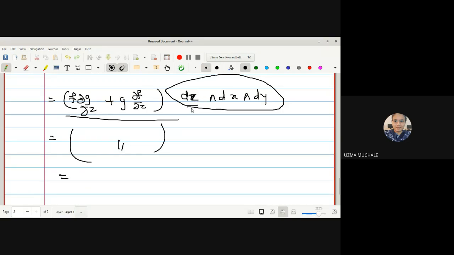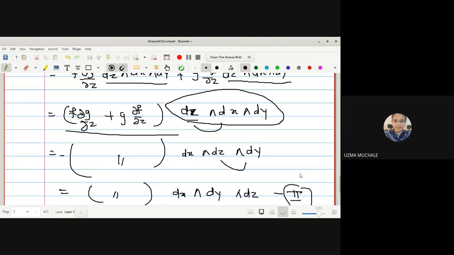So if I interchange the position of these two, I will have dx wedge dz wedge dy, and there will be a negative sign. In this bracket as it is, again minus will be plus, and if I interchange this position, then dx wedge dy wedge dz. So hence you get what is your equation 2.